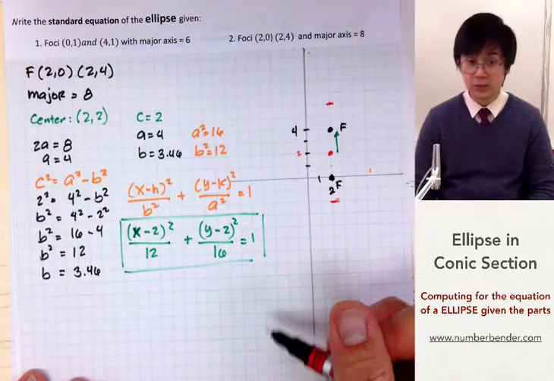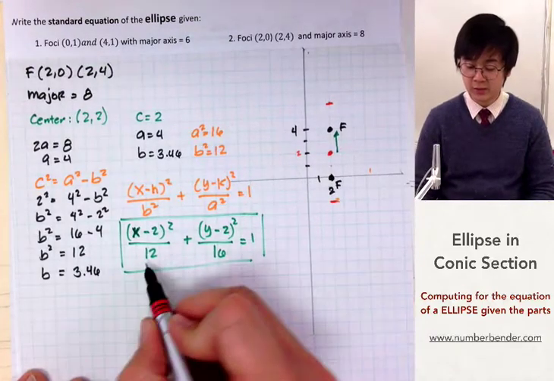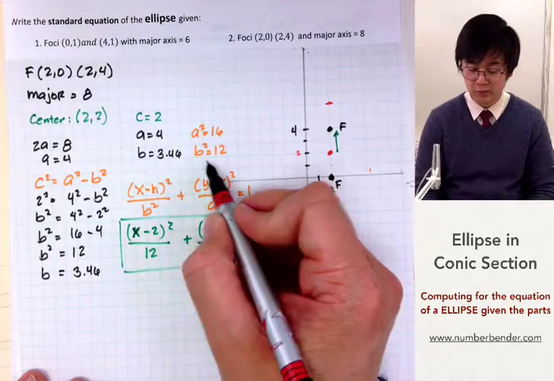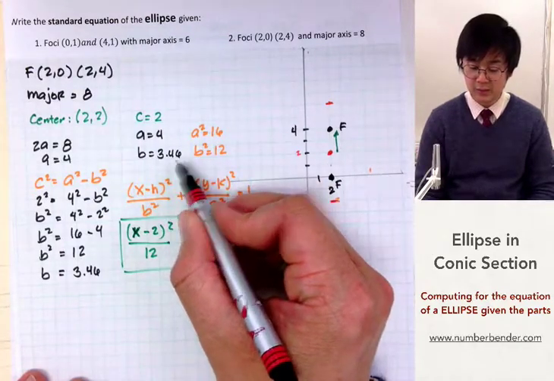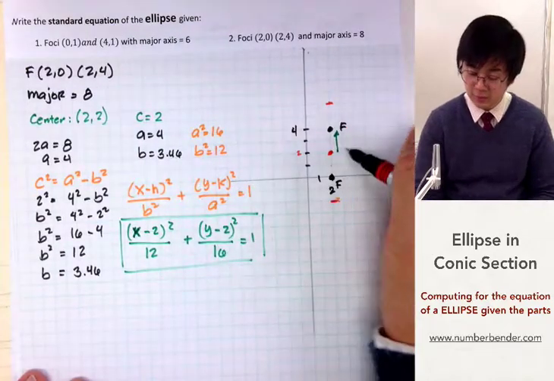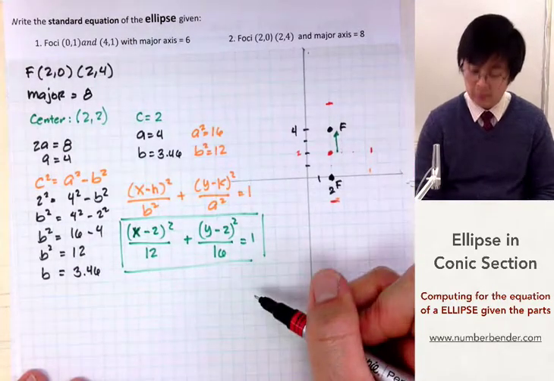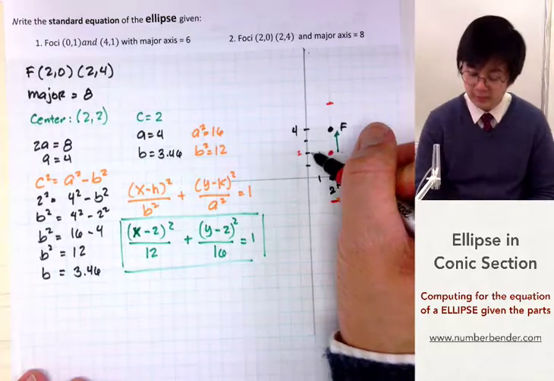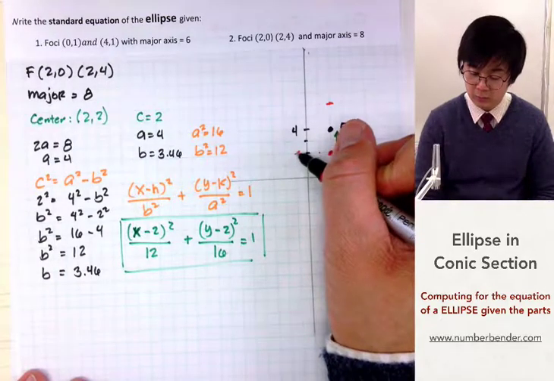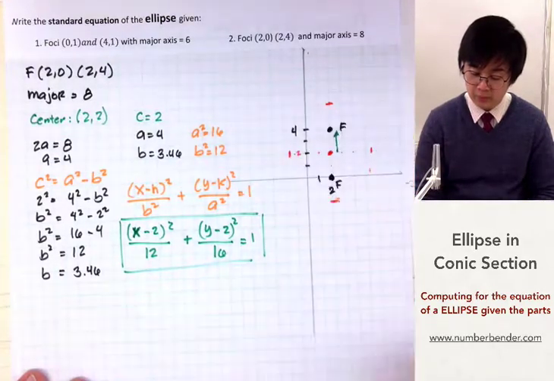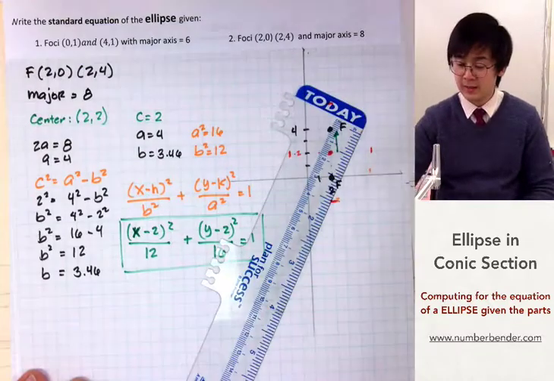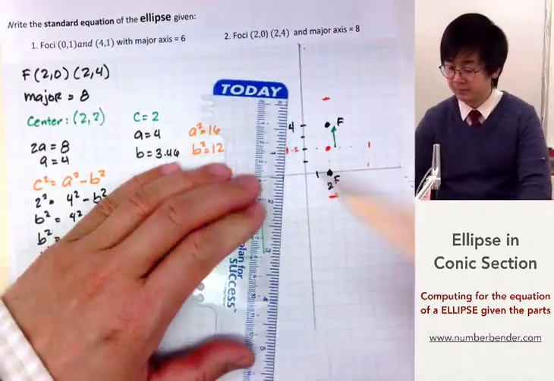So that is our vertical vertices, and the horizontal vertices will be with the square root of 12, which is 3.46. So from the center, you will move 1, 2, 3.46 to the right, and 1, 2, 3.46 to the left. And to draw our guide,